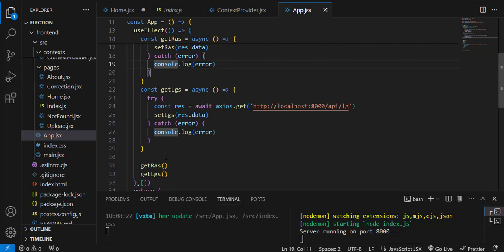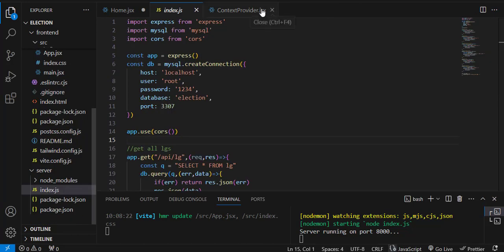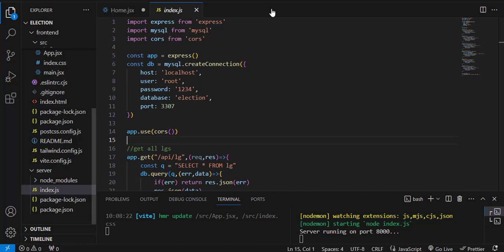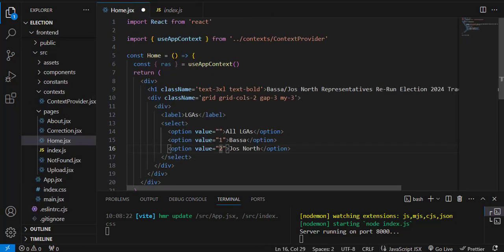All right, so let me go ahead and save that, and then just for now you can close that up, and you can close your context provider right here. Then back in your home, just like how you pick the RS, you will as well be able to pick the LGs, also from the context. So now that we have picked the LGs, instead of hard coding them like so,